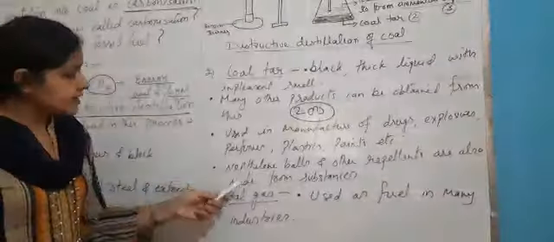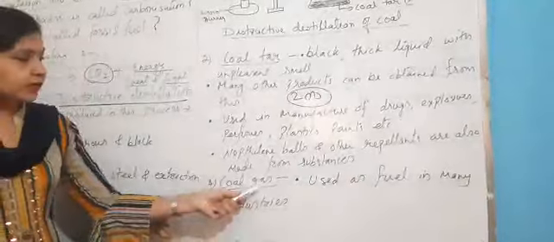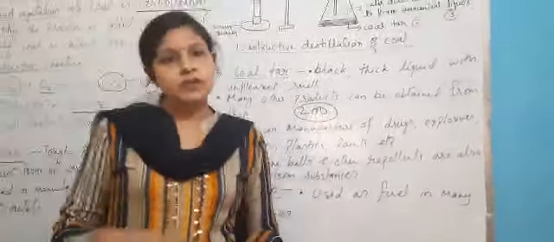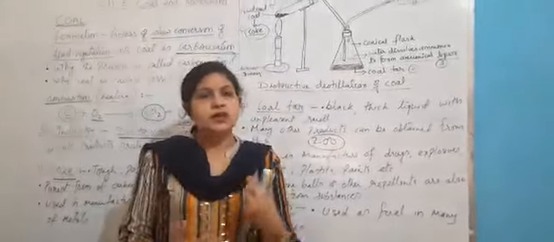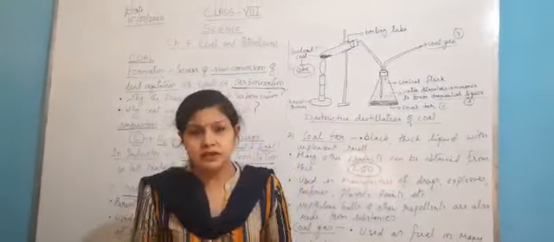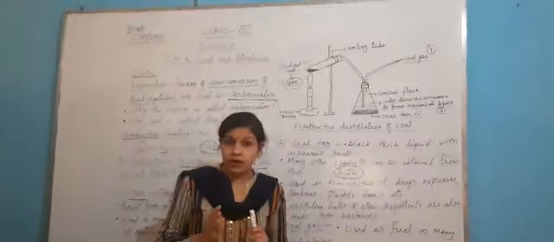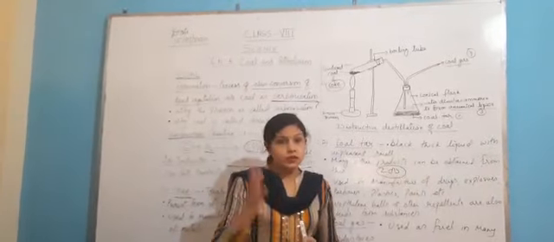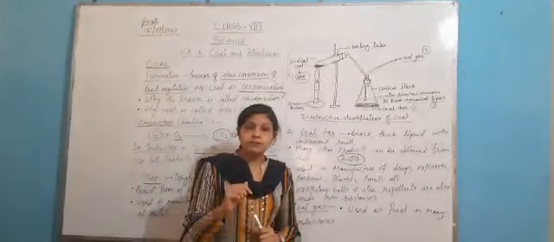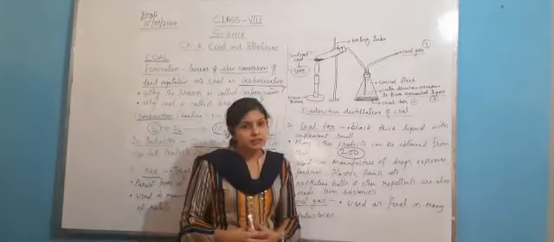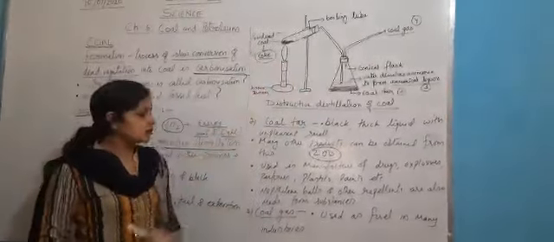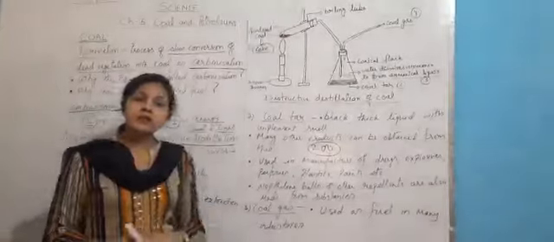Okay, now next is coal gas. It is also very, very important. It is used as fuel in many industries. Children, you know that we require many things like plastics, clothes, soap and many other industries. For every industry we require fuel. For everything we cannot burn coal, or use petrol, or use diesel. For that purpose, we use some other alternatives. One of the alternatives is coal gas. So the coal gas which is produced during this destructive distillation is used as fuel in the industries.